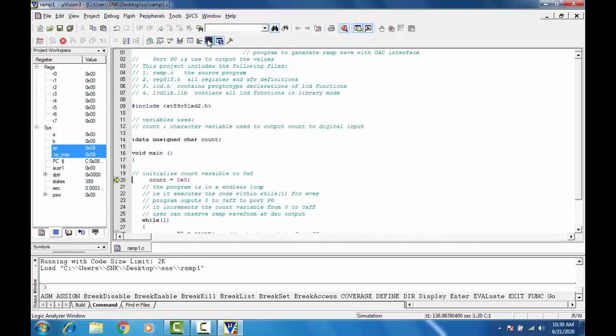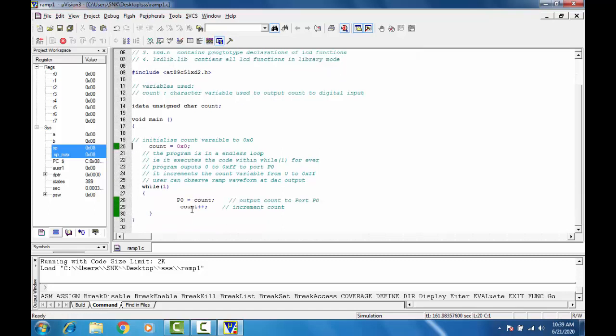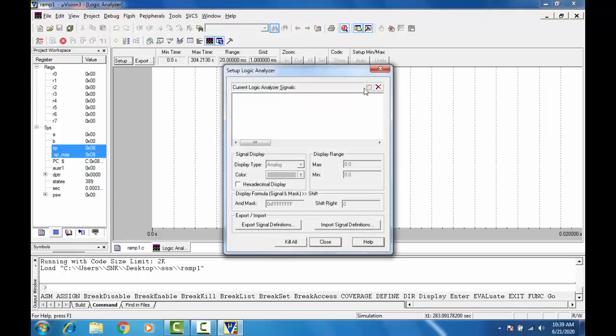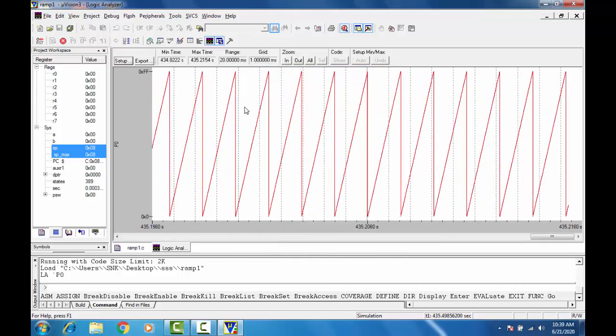Right, before clicking on the logic analyzer window, we need to see in the program which port is being used. I am using currently port number 0. You should keep this in your mind and click on the logic analyzer window. So here we need to see the waveform. Currently it is not showing. So you just go to the setup here, press setup, and we need to give the port. You just click on this new. It will show the space for entering the port. You just click port 0, right? When I type port 0, we need to close the program. After closing the program, you can see the waveform here.